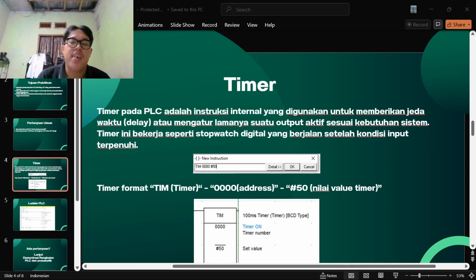Pulse timer. This timer generates a pulse of fixed length.